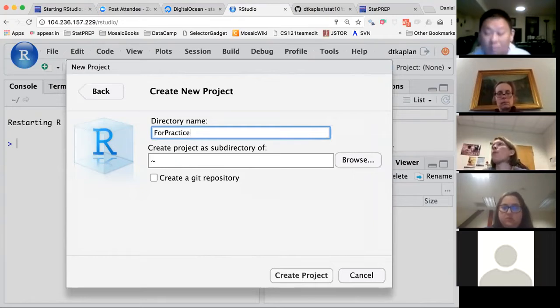Now, notice I didn't put any spaces in the name. If I wanted a space, maybe I would have done that. That's all fine. Try to avoid having spaces in the names of your files when you're using R. In fact, when you're using anything, because spaces can lead to unanticipated difficulties. So I'm going to call this one for practice, and I'm going to create the project. I press the button,